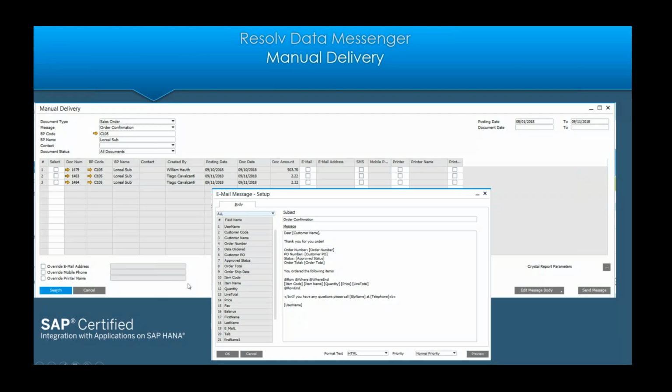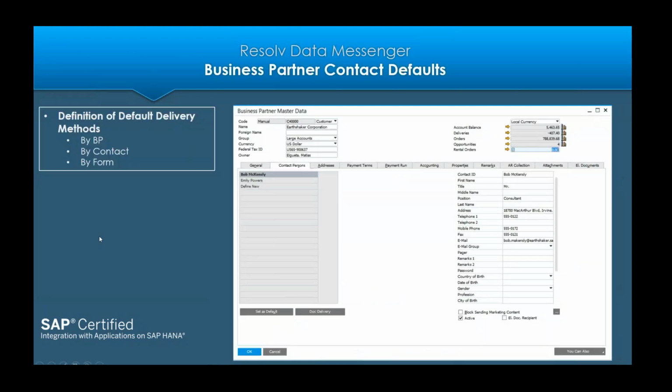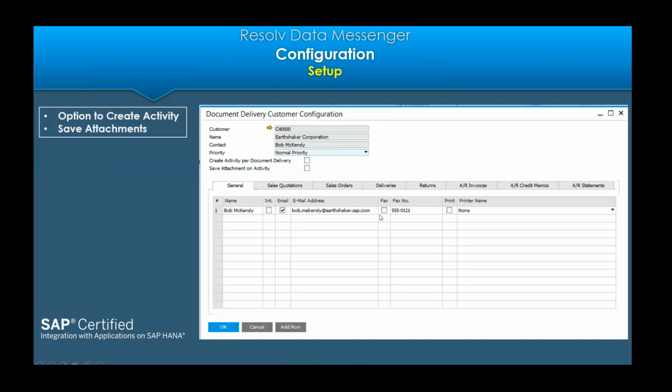To save time and make this process a lot more efficient and clean, for all of the contacts within a business partner, you can set up default delivery methods by business partner, by contact, by specific form. So within the business partner master with our software, you'll see the document delivery button. When you open up that button, you'll see the default configurations that you have for that contact and